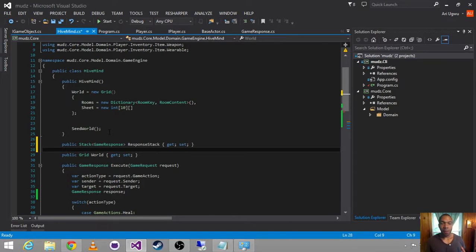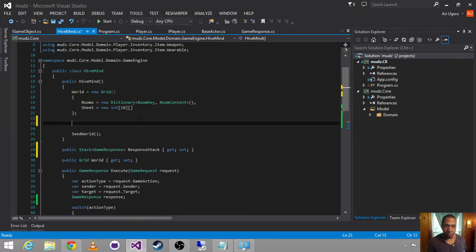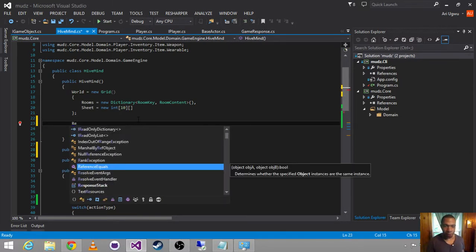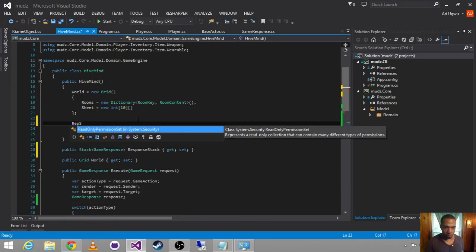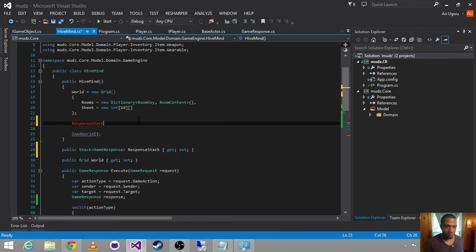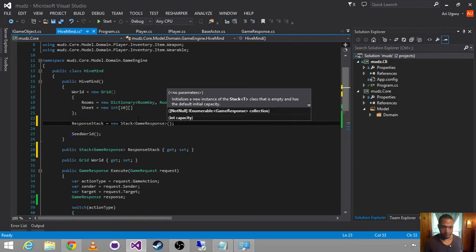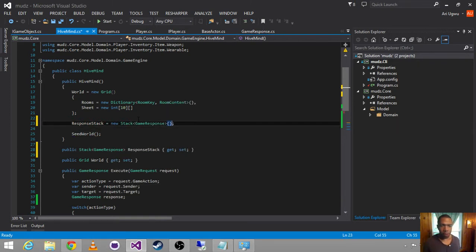We have this hub, and all the trains are coming into this station, right? And so as a result, we've got a great ability to either choke things off, expand on things, make decision logic in one place, or for the case of debugging and also just good auditing, we also have the ability to say, okay, when we create a new hive mind, also create a new response stack. And we aren't giving any capacity,